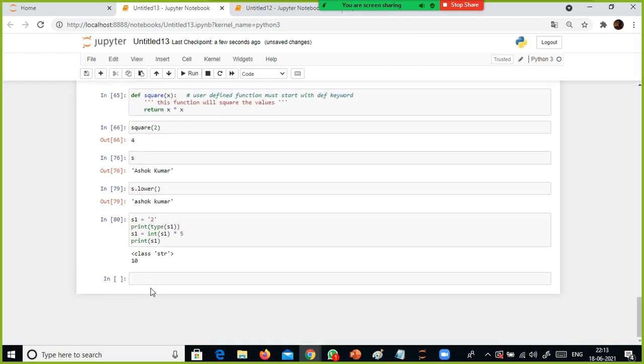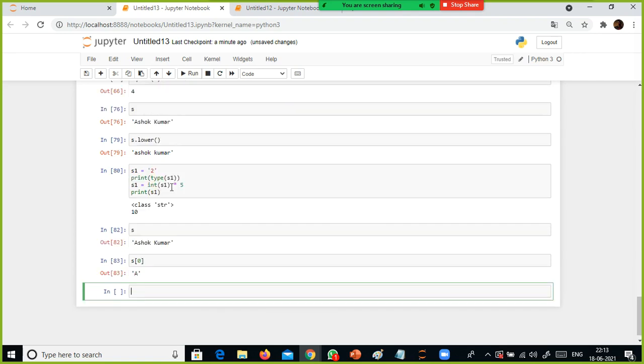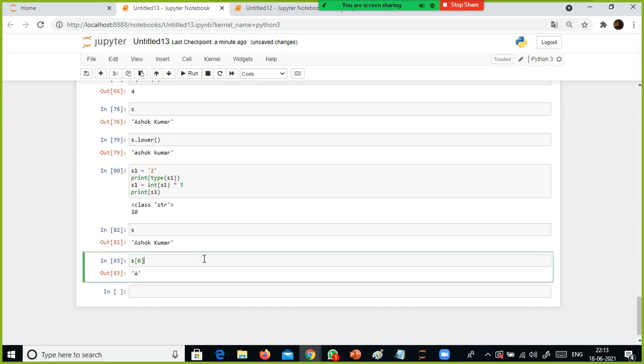Okay, next what I'm going to do is, let's take the same string variable s. Instead of A, I wanted to replace the A with some other value. Okay, s of 0 gives me A, right? Fine.